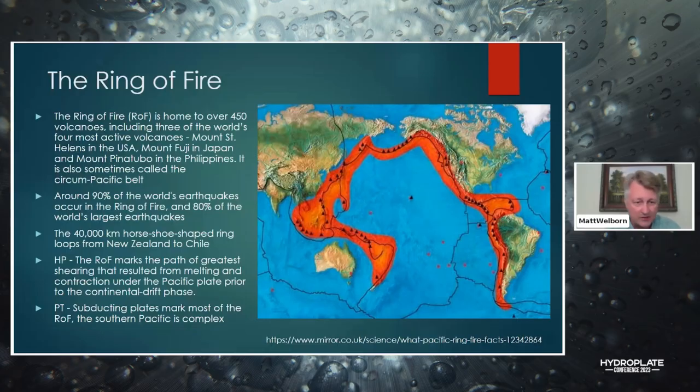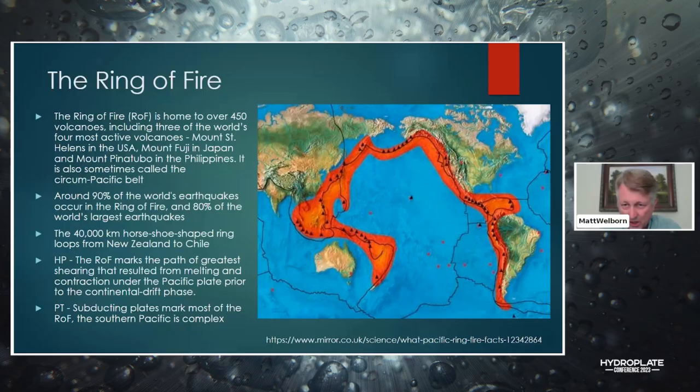And we'll see a little bit more about that as we go forward. Now, that's the explanation of the hydroplate theory. The plate tectonics theory actually says that this ring of fire, as we saw in an earlier picture, is the place where plates are slowly moving inch by inch and diving down other plates that are there. And so it's actually these subduction zones that have created this ring of volcanoes.